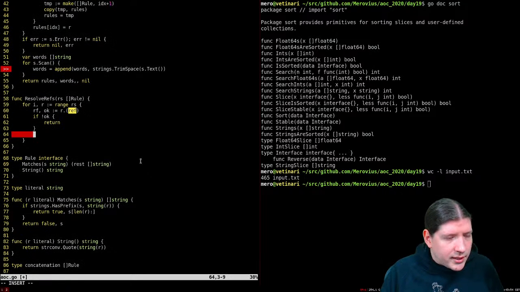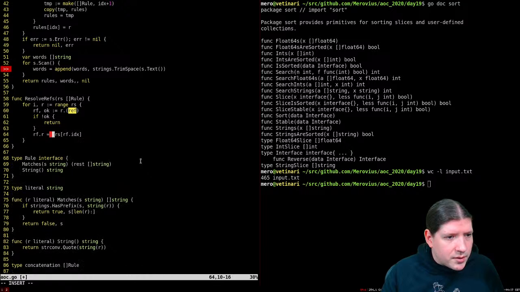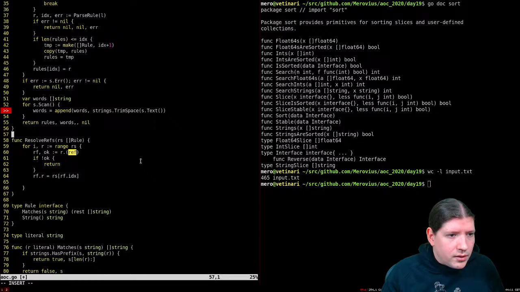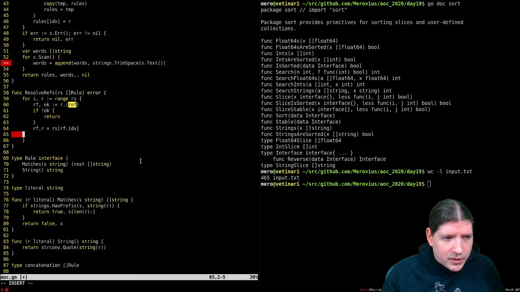Otherwise, we can look at what the value of the ref is, the index it's referencing, and that will be the referenced value. So we can say rf.r is this. One thing I want to catch here is the reference might be invalid, theoretically speaking. So I will just say,